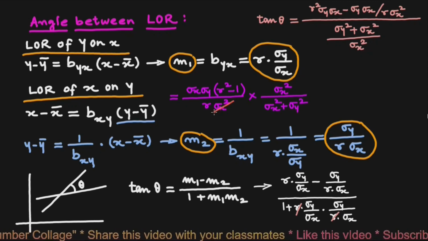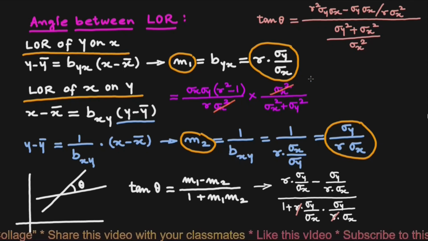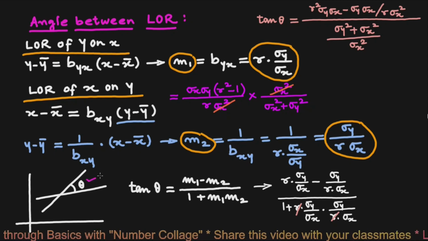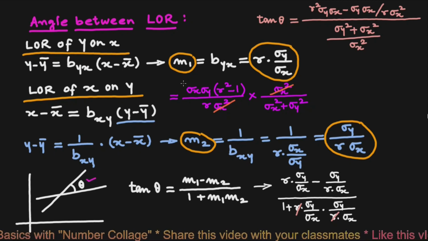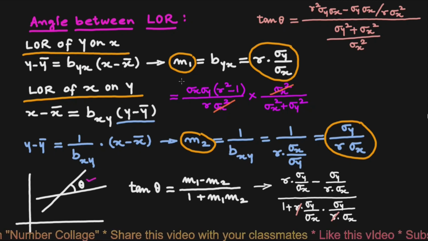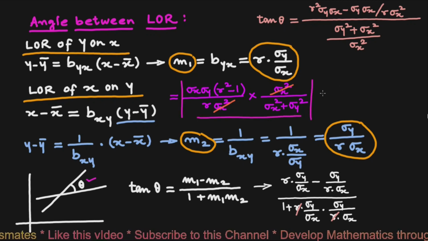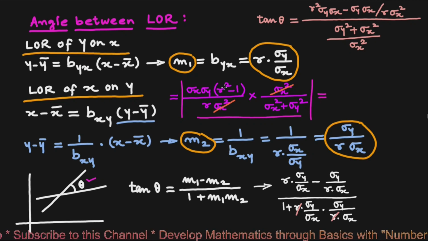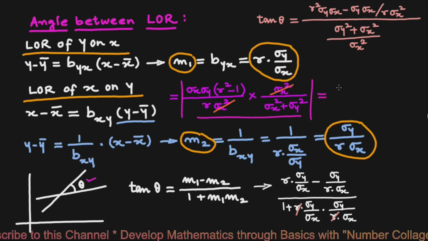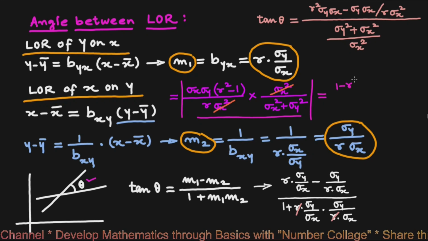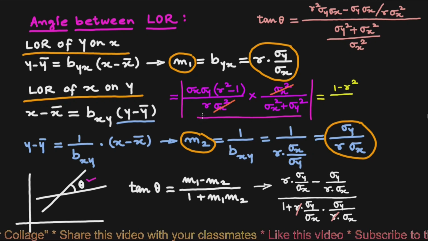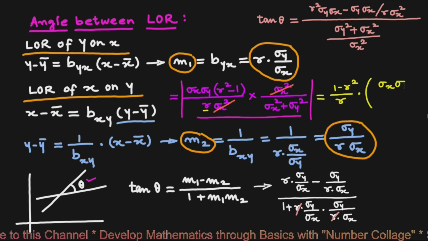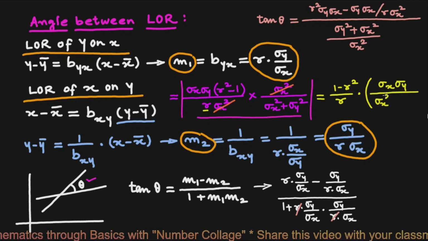Now this sigma x square cancels with this sigma x square. Since we are interested in finding the acute angle between the two lines, we will take tan theta equals the mod of this whole thing. So that gives us the freedom of writing, instead of r square minus 1, 1 minus r square for convenience, upon r into sigma x sigma y upon sigma x square